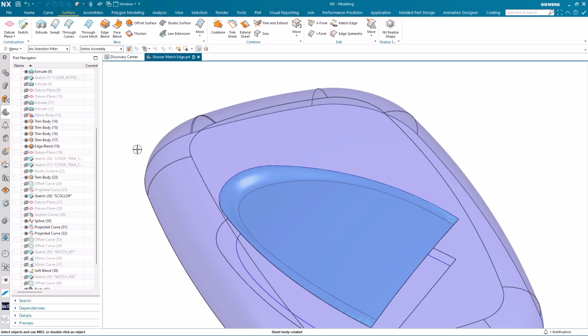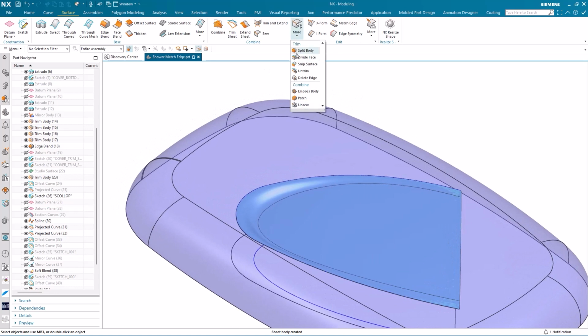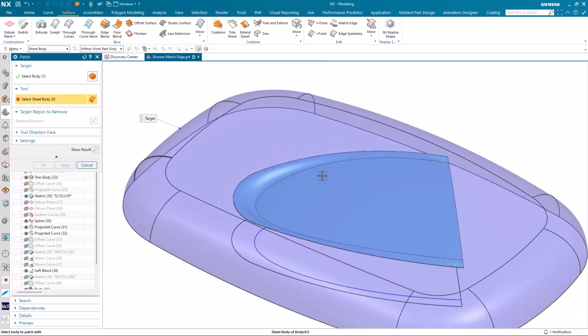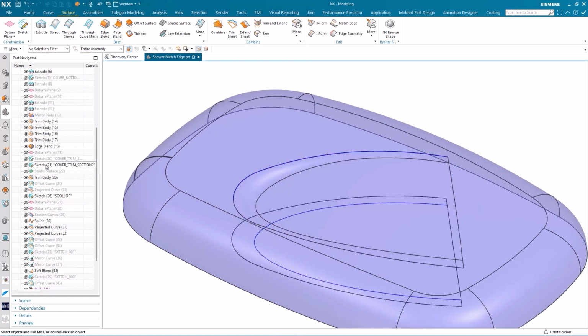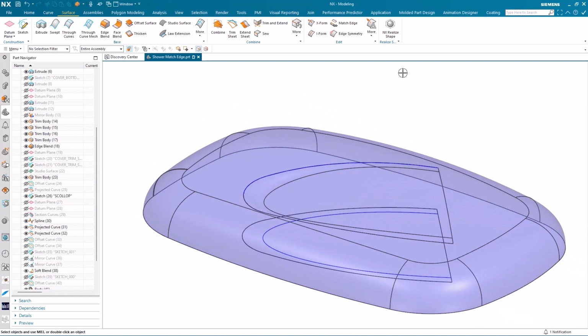The final step of the process is to add the scallop into the shower body itself. And to do this, I'm going to use another powerful command in NX called patch. After activating the patch command, I simply select the main shower body as the target and the sewn sheet bodies as the tool, and on completing the command, those surfaces have been incorporated into the shower body, creating the scallop